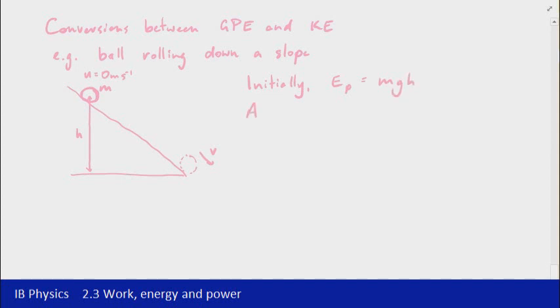And then at the bottom, all of that energy is going to have been converted into kinetic energy, because the height here is now 0. The ball has now started to move, and so its speed has increased. So at the bottom we can say that the energy is now kinetic, so half mv squared. So we're looking there at just a transformation of energy from GPE to KE, and due to the law of conservation of energy,